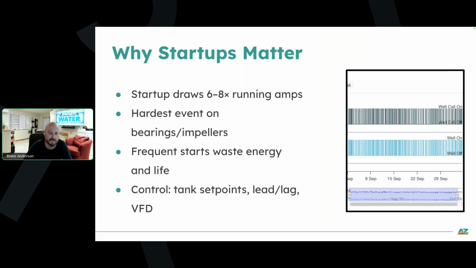Just like a lot of other technologies, those price points are getting a lot simpler. The hardware is getting a lot more standardized, and it's getting pretty cost effective to actually do SCADA and be able to do some of this stuff, even if you are in a small utility. And so not only can the SCADA help alert you of problems and collect these vast amounts of data, because it's like having somebody at your well site checking things 24/7, 365, but it also allows you to program a lot more specific controls to optimize how the system operates and what's getting turned on and when.